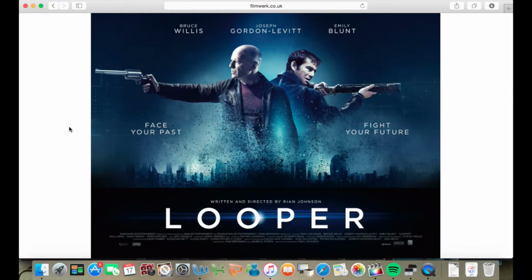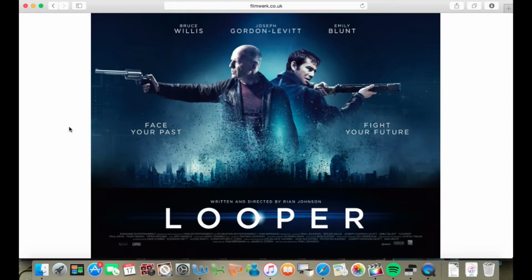The background of it looks really dark and cloudy, and it's also got a city background behind it, so the characters blend into the city, and so does the sky. You've also got the main title of the film, obviously Looper, and then you've got the written and directed by, and all the smaller writing at the bottom. This is a really good poster as it has lots of cool aspects to it.